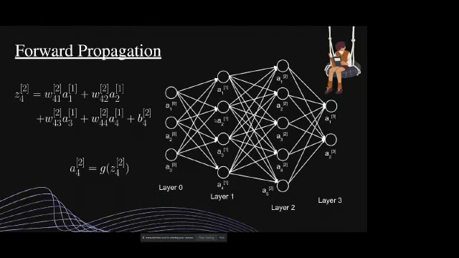Now let's talk about the second connection, A2 to A4. The output of A2 would be multiplied with the weight; we're talking about the fourth neuron, so M would be 4, coming from the second neuron of layer 1, so that would be W of 4, 2 into A2. Similarly, for the third neuron of layer 1, that would be weight of 4, 3 multiplied with the output A3. And then similarly for the fourth one, the weight of 4, 4 multiplied with the output A4 of that neuron. And finally, we add a single bias to that neuron.